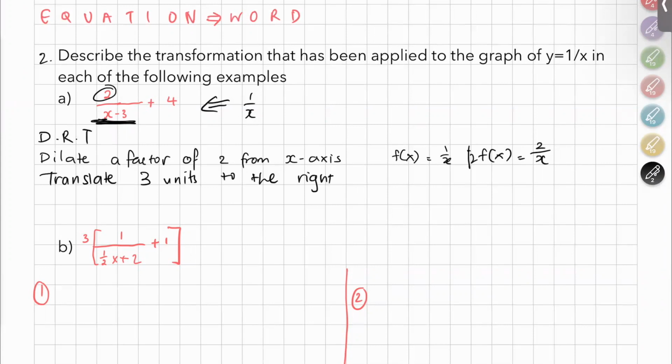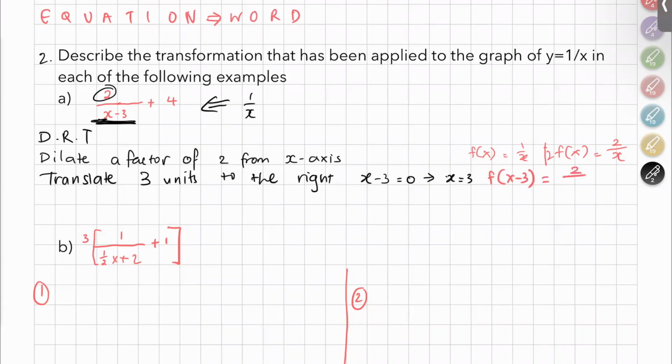So what is occurring here is if we use null factor law, x minus 3 equals 0, you get x equals 3, and this is positive, therefore it is moving 3 units right on the x-axis. And if we take a look at this, you have f of x minus 3, and all you're doing is subbing that in, which is 2 over x minus 3. And then you have to translate 4 units up